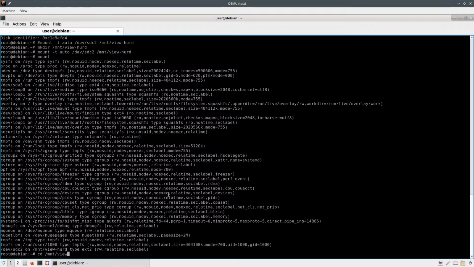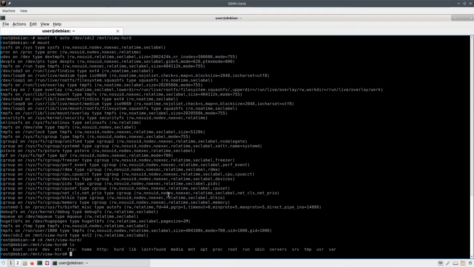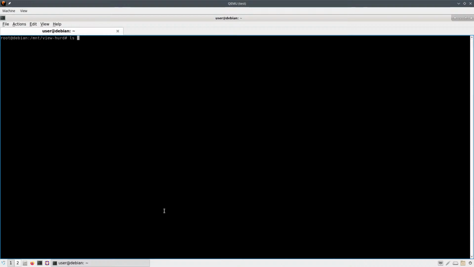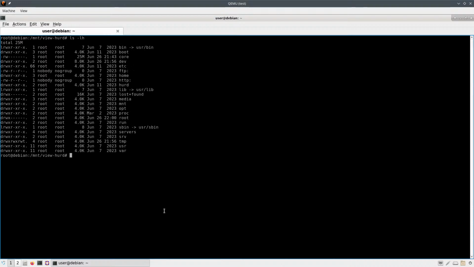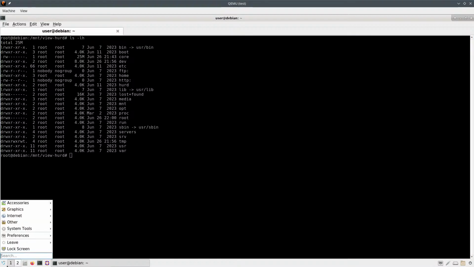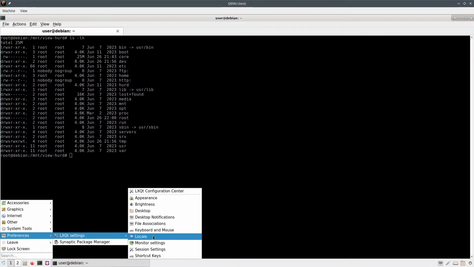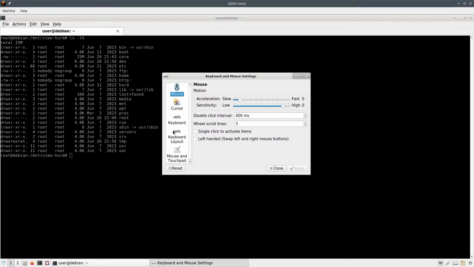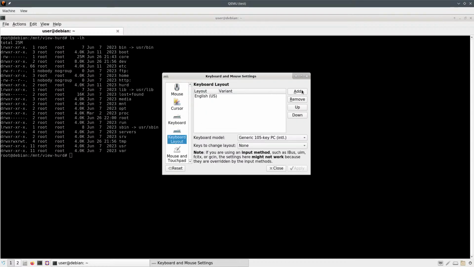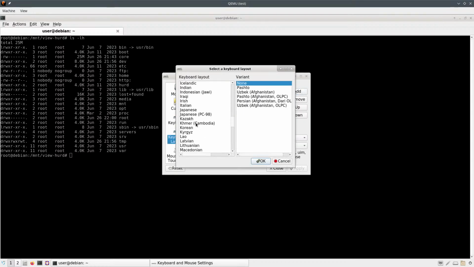I don't know if you have the same thing when you do any of these, but you have directories with colons in them and so on. So this is very funny to have. Let me change the keyboard real quick. This is something that you can do from the Rescatux keyboard and mouse settings.